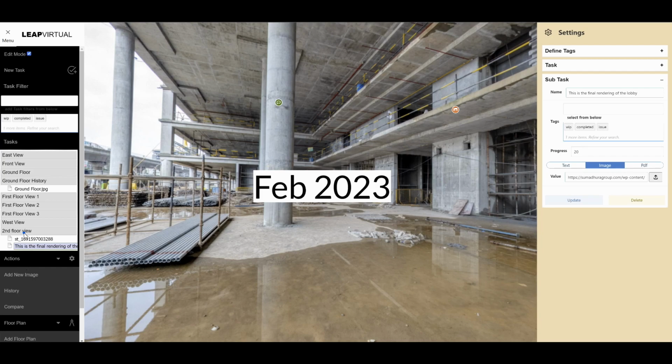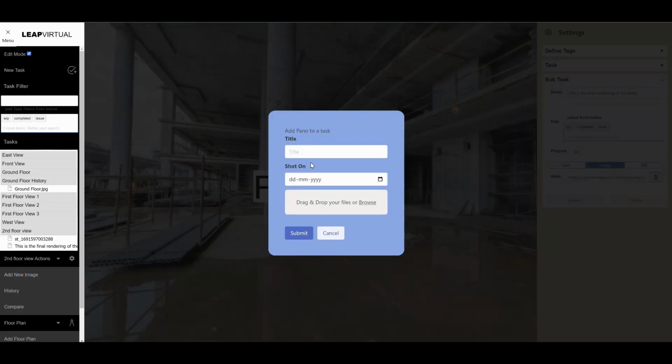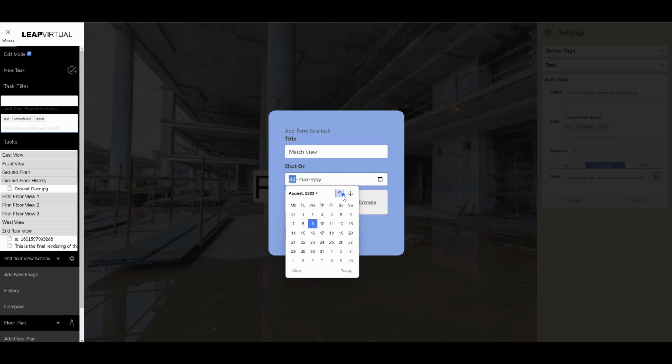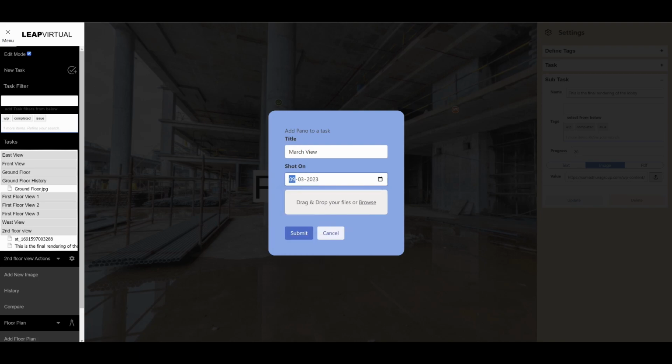Now let's create a history of this task, the second flow view, right? Now to create a history, or in the sense, history meaning the latest image, upload the latest image. Click on the second flow, click on add new image. Give it March view. Let's assume it's start in March. Giving it some random date now,